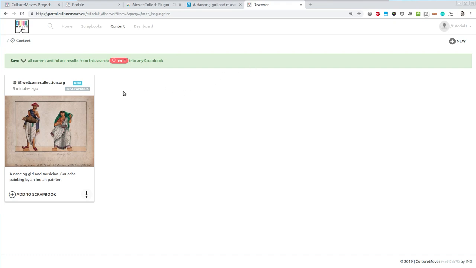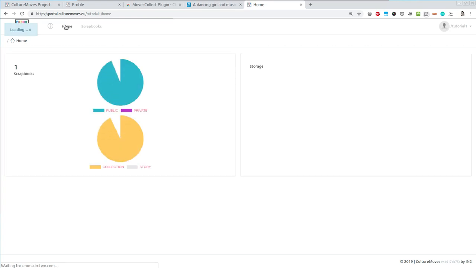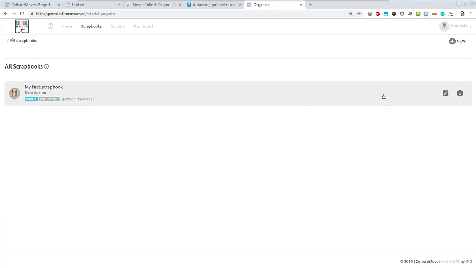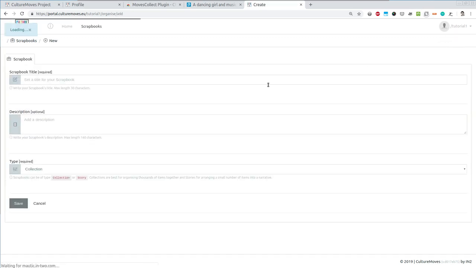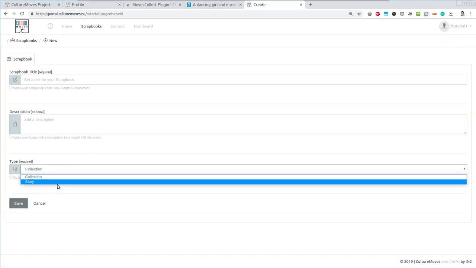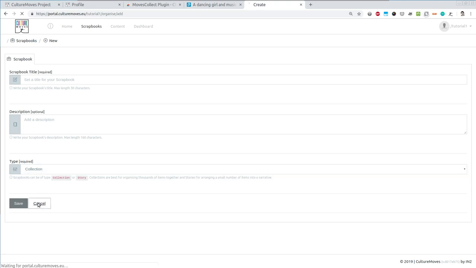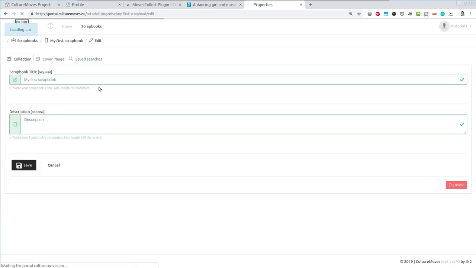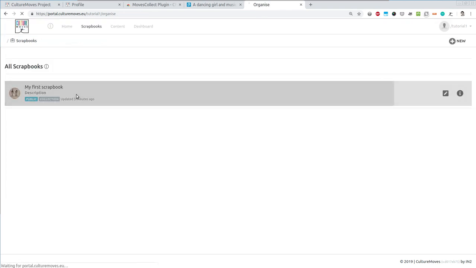There are many more things to explore in this application. For now, the tutorial gave you an introduction of what you can do. Go ahead and try to add more scrapbooks. Maybe create a story. Or maybe go to your existing scrapbooks, edit those, select the cover image,